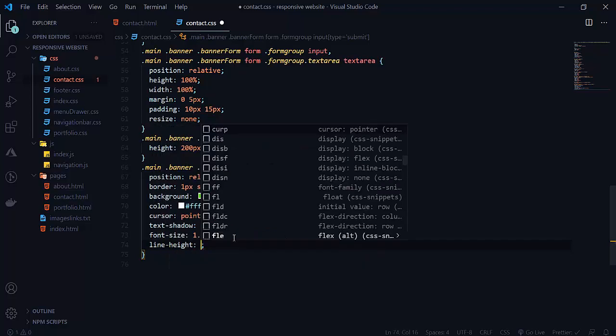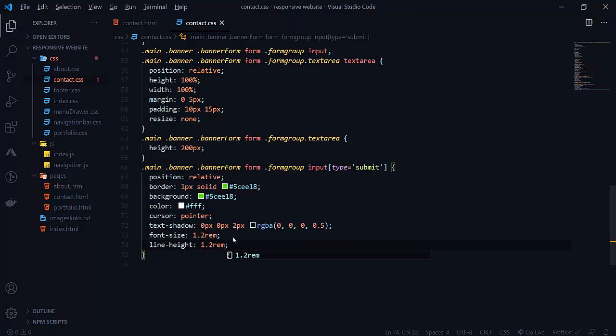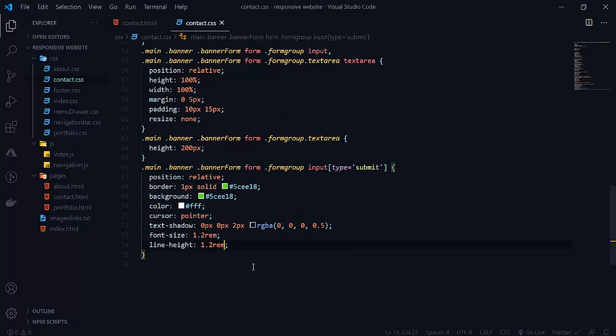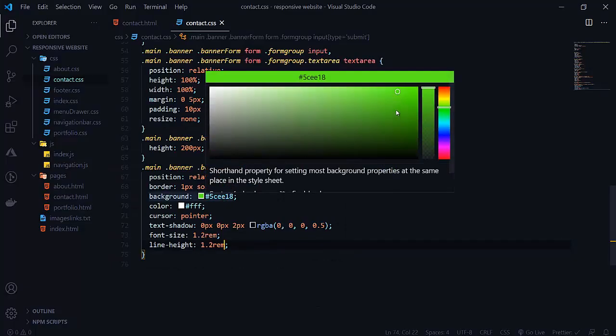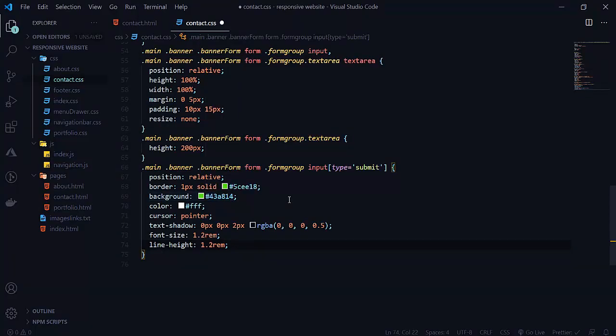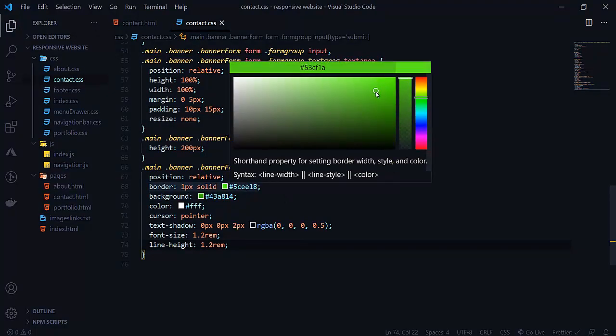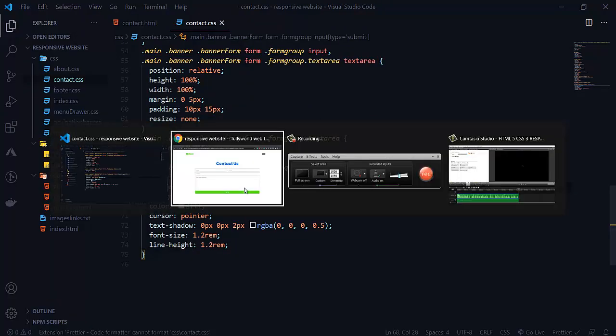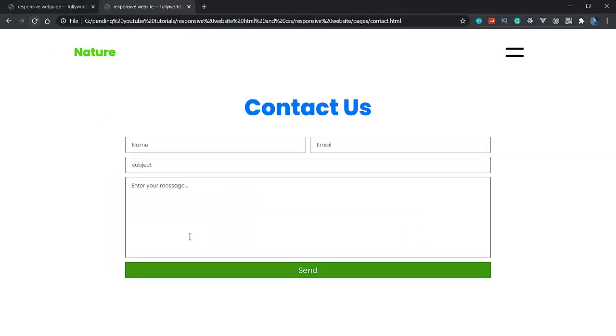So line height will be 1.2 rem. So set it to center here. So now we are getting this. So let's make this background a little darker, so it will be clear for us. Copy this and paste it here. So when I do this, see that now we are getting our good result.